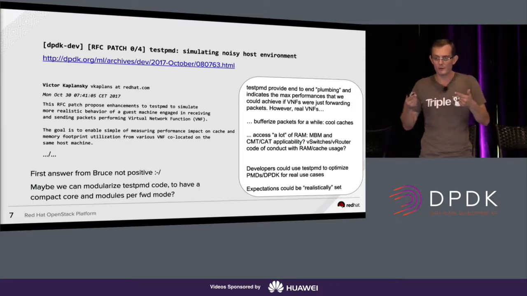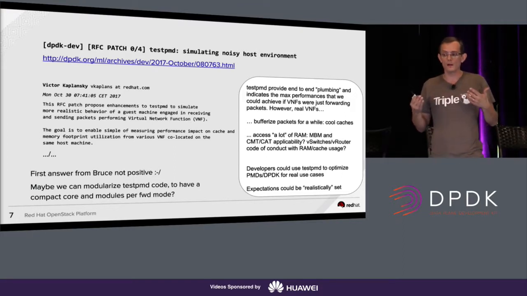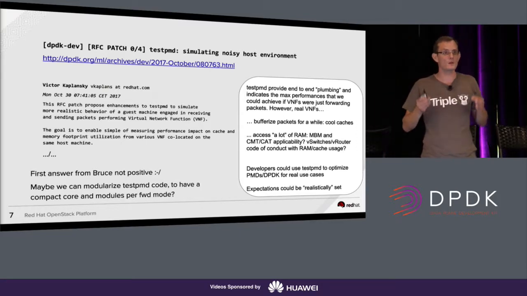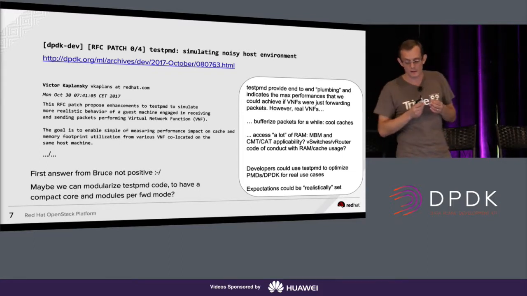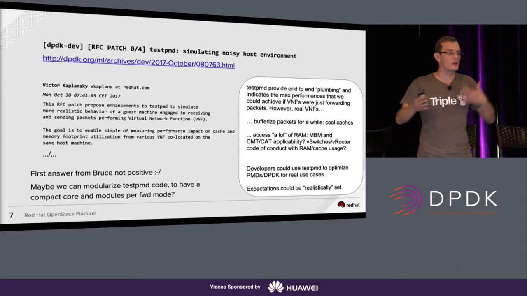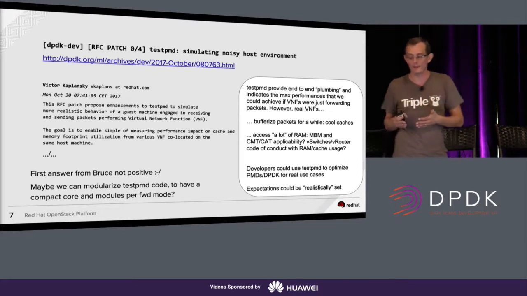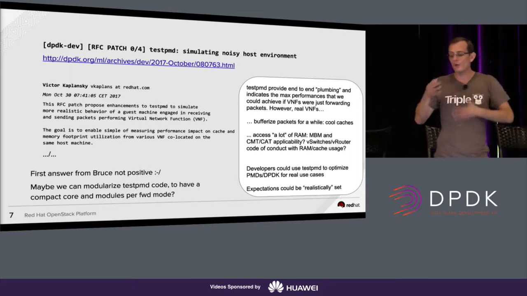So this is why we have proposed, working with Ericsson, because this is what they saw with their VNF, extending TestPMD with options to mimic, in a very simple way, real-life applications. So the first ability is to keep the packet a little so the caches are cooled, and to mimic a real processing. Second thing is TestPMD does not access a lot of memory, just the buffer. But when you have a real VNF, you have lookups, you have flow table updates, you have many accesses. So let's say 10 memory accesses on 32 gig of memory per packet. And with that, your VNF is acting as a noisy neighbor or not. So this is a more realistic approach.